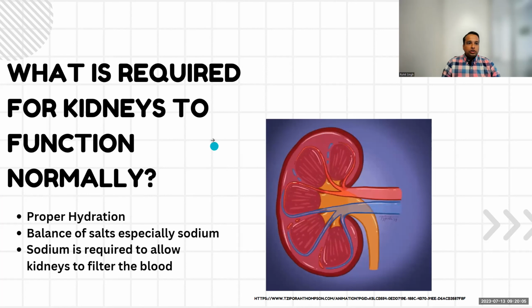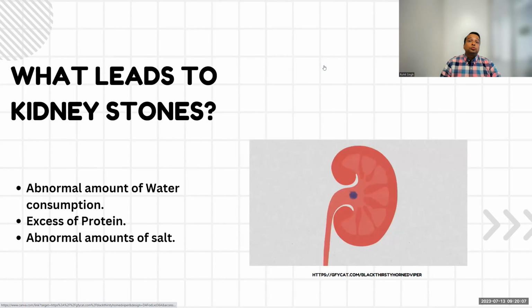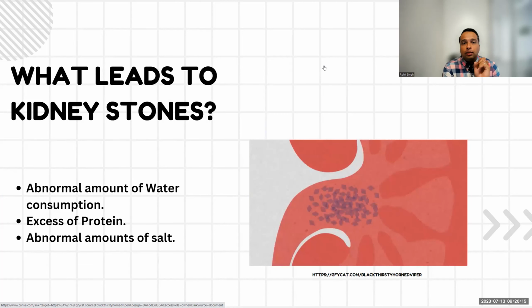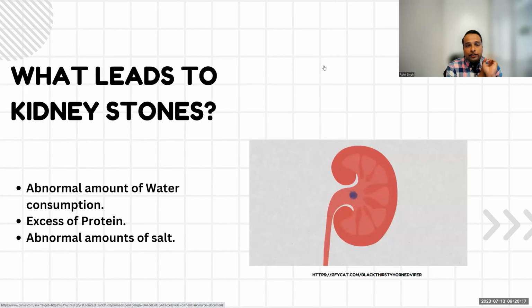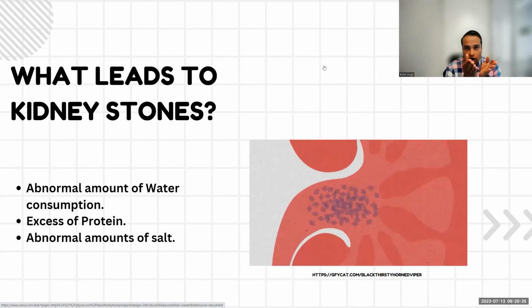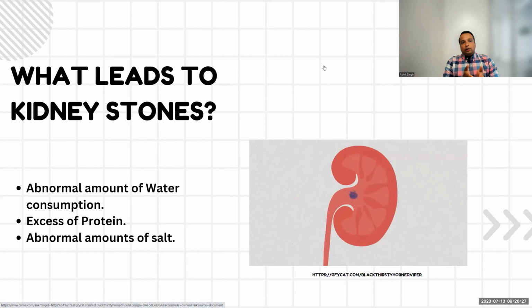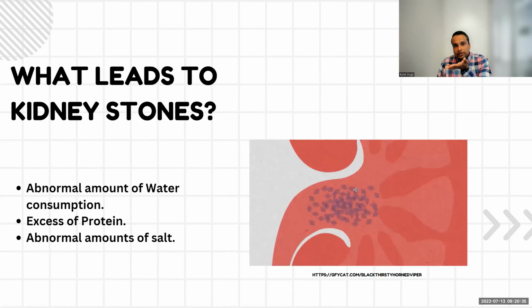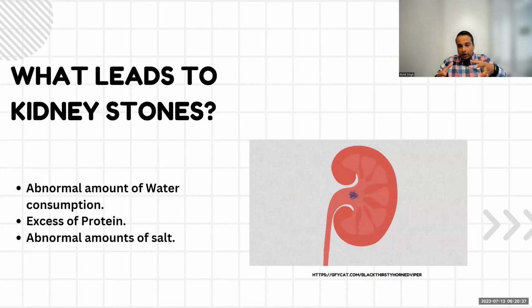So next, let's get to the thing: what leads to kidney stones? First and foremost is abnormal amounts of water, or if you are not hydrated properly. What is happening is your blood is not fluid enough, it's not moving properly. And when it is going to your kidney, it's trying to filter whatever that thick blood is, and whatever it is filtering out is also thicker. It doesn't have enough water to make it fluid, so it has excess of salt,